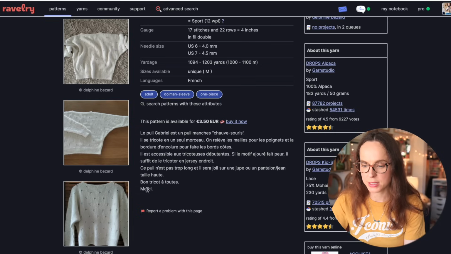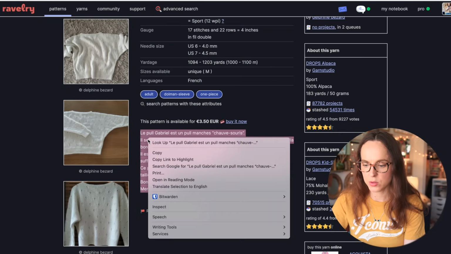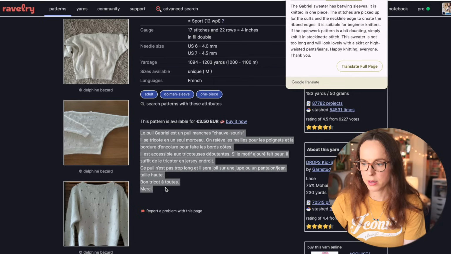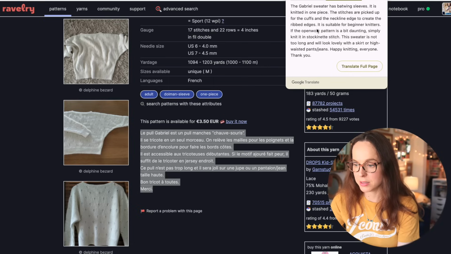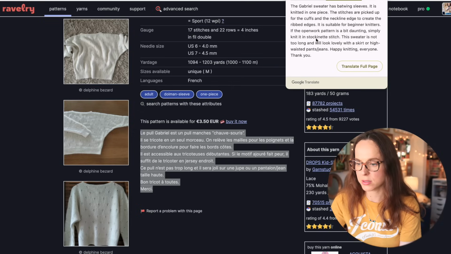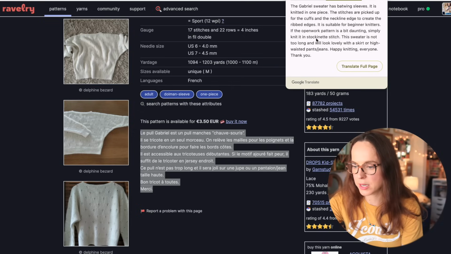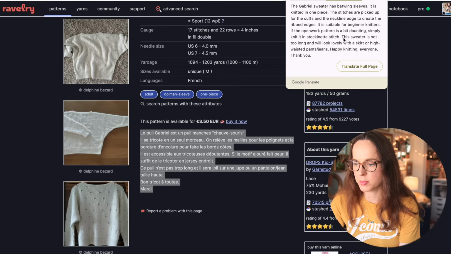I'm going to go ahead and translate this though, which I can do by right-clicking on it. It says the Gabriel sweater has batwing sleeves. It is knitted in one piece. The stitches are picked up for the cuffs and the neckline edge to create the ribbed edges. It is suitable for beginner knitters